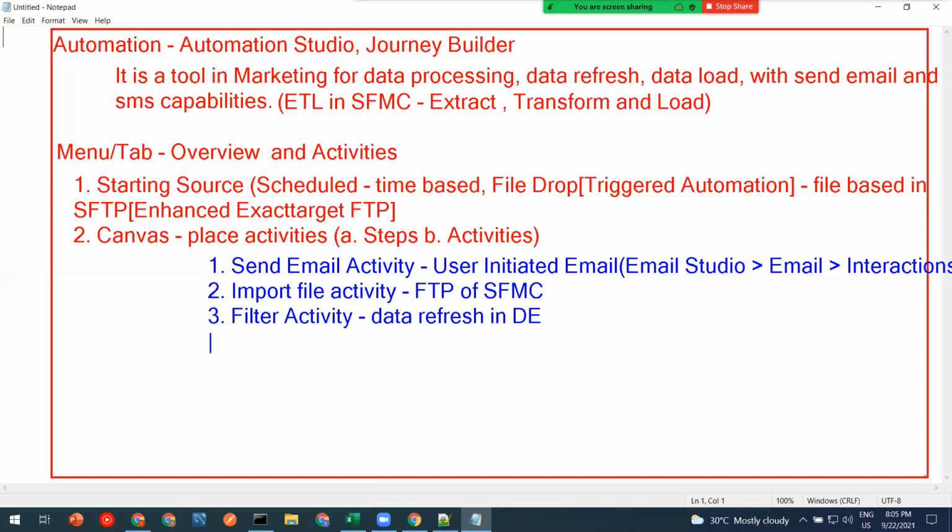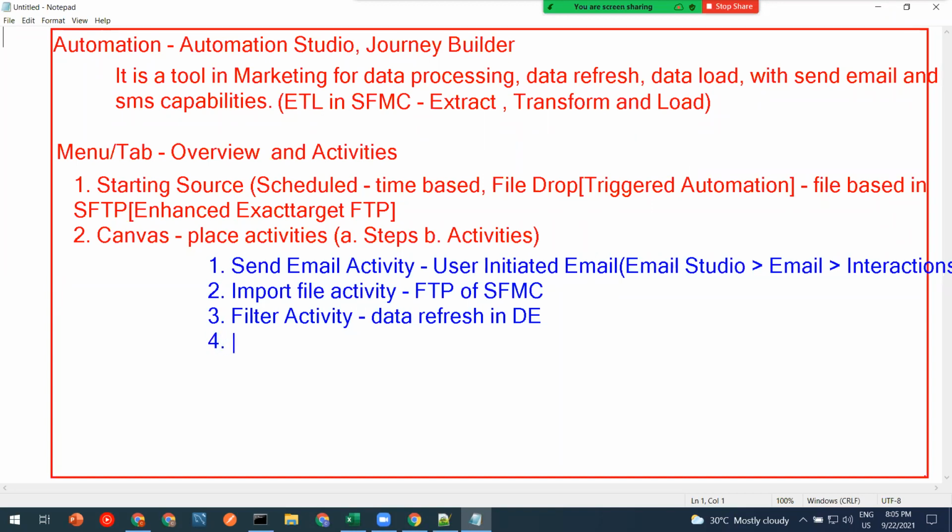Whoever is celebrating their birthday, you want to send them a birthday email. Before sending, you want to make sure Automation Studio is taking care of refreshing it. If you create a filtered DE, you should do a manual refresh. If you create a filter activity and a DE along with it, then Automation Studio is capable of refreshing it. That is where we need the filter activity.